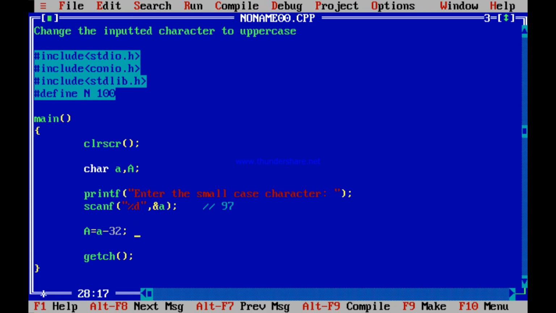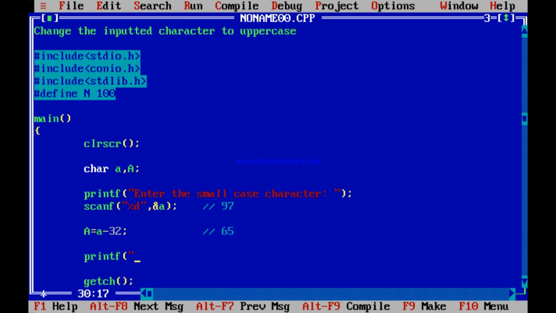This capital A definitely contains the character in capital letters. Suppose 97 has been entered, so small a is 97. So what is capital A? 97 minus 32, which is 65. Now if I print capital A as a character, it will print capital A.